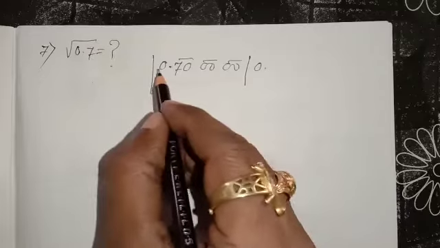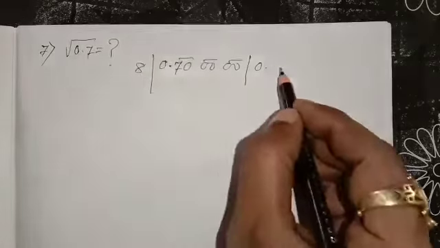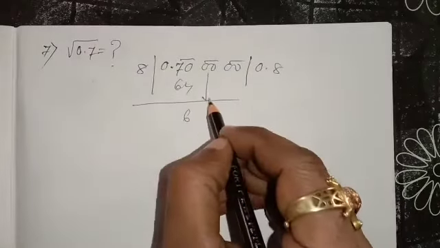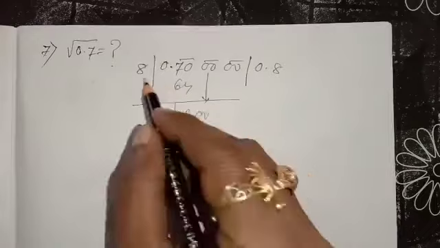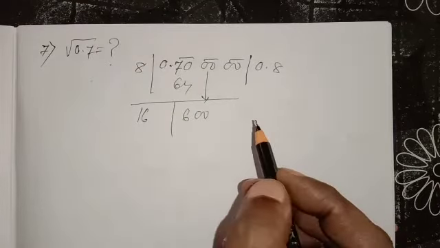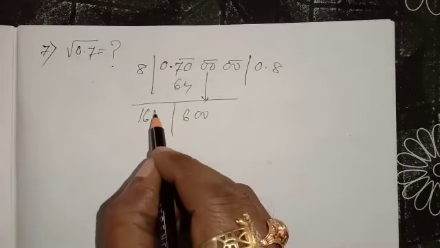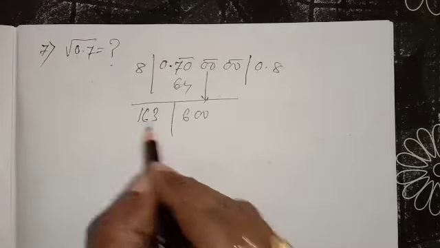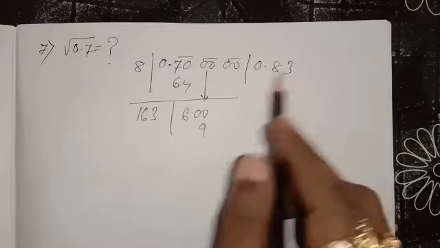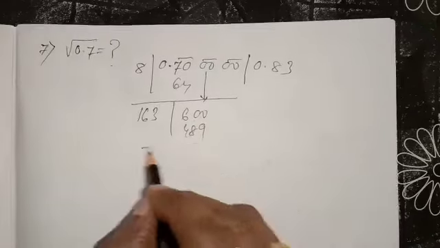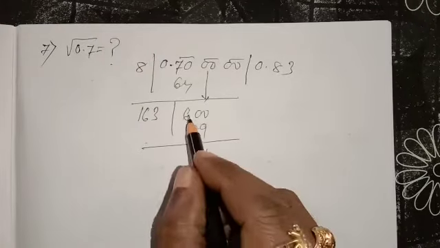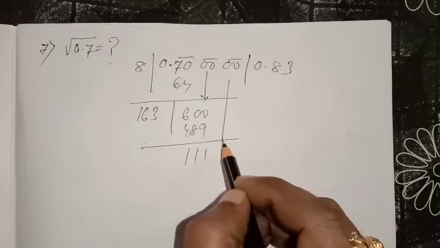70 means 8 8s are 64. 8 8s are 64. Now it is coming 6. Another pair will come down. 8 plus 8, 16. How much do you have to put here? You have to put 3, because if I put 4 here, 16 for 60 more will come. Now 3 3s are 9, 3 6s are 18, 3 8s are 24. 10 minus 9 is 1, 9 minus 8 is 1, 5 minus 4 is 1. Another pair will come down.